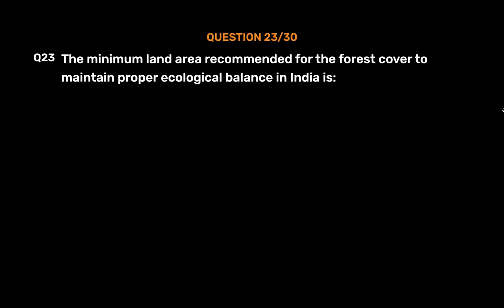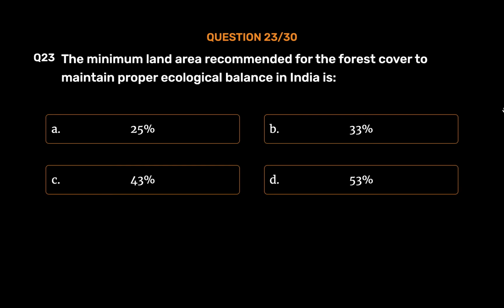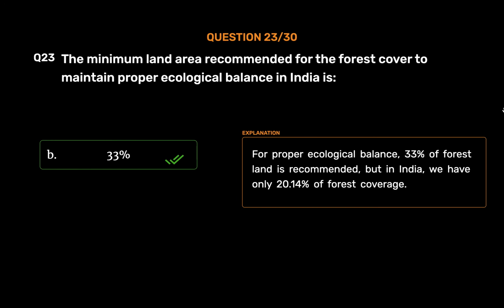Question number 23. The minimum land area recommended for the forest cover to maintain proper ecological balance in India is Option A. 25%. Option B. 33%. Option C. 43%. Option D. 53%. The correct answer is option B. 33%. For proper ecological balance, 33% of forest land is recommended, but in India, we have only 20.14% of forest